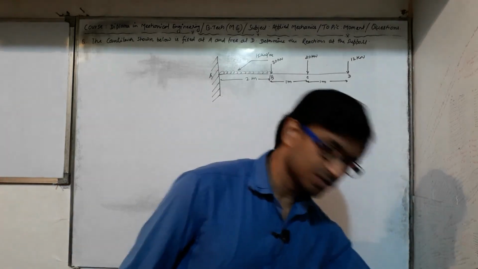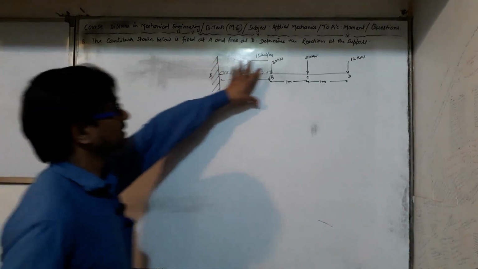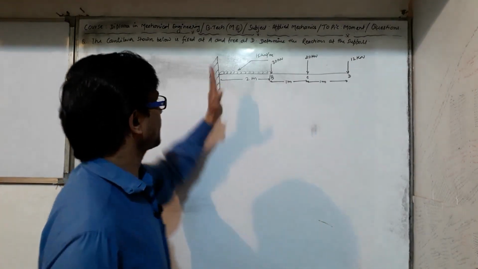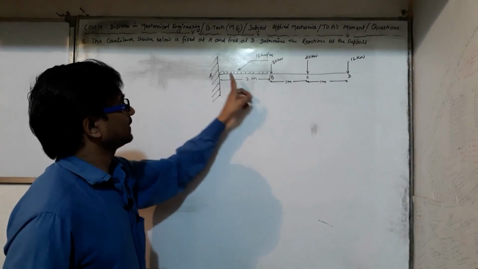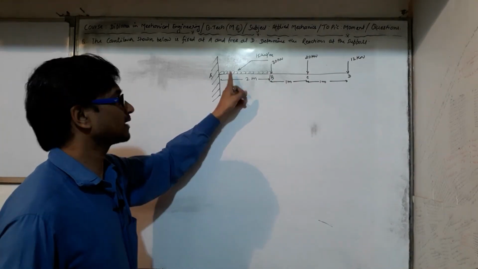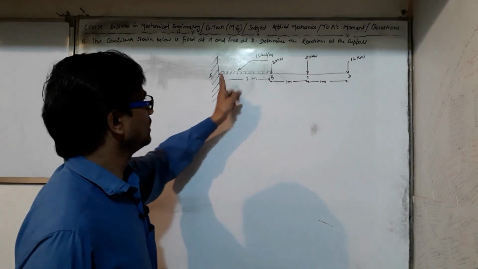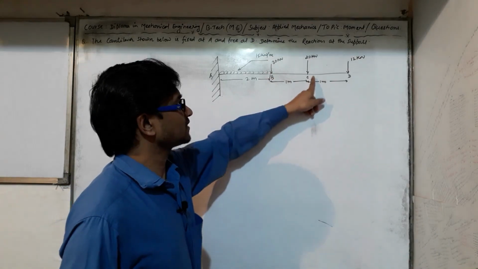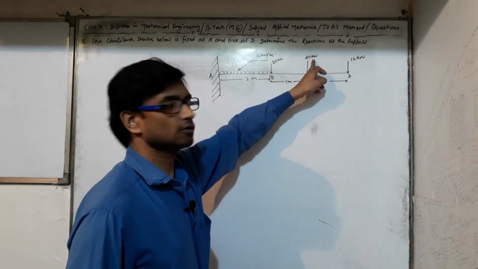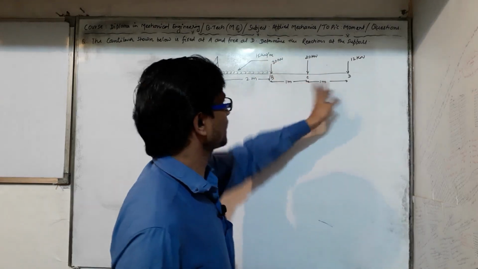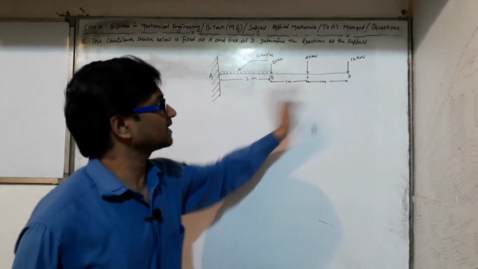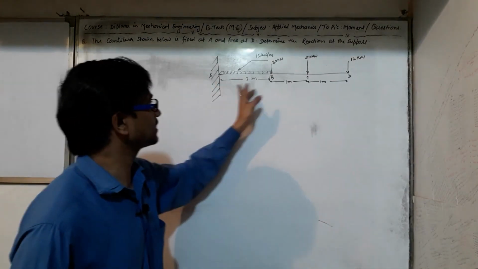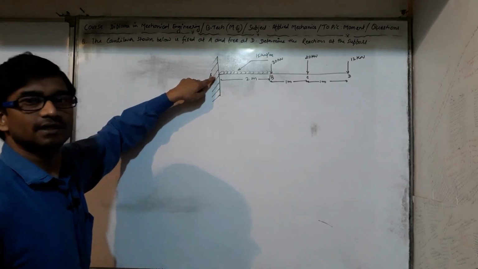So let's continue. The question says there is a cantilever. Here is the cantilever of total span 2 plus 1 plus 1, that is 4 meter, and from A to B there is a uniformly distributed load whose magnitude is 15 kN per meter, and at point B, one point load of 30 kilonewton is acting. At point C, at a distance 1 meter ahead, a 20 kilonewton force is acting in the downward direction, and at the free end of this cantilever, a 12 kilonewton force is acting at point D, which is at a distance of 4 meter from the fixed point A.